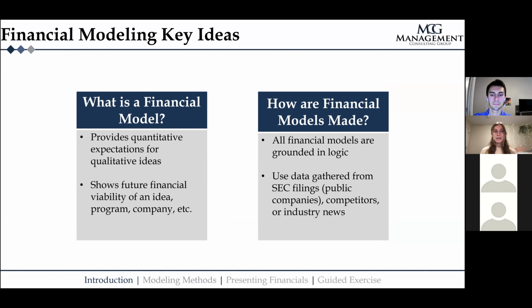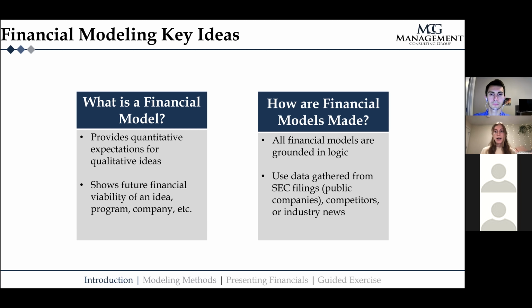Essentially, the reason that we have financial implication slides is because you want to turn qualitative ideas into quantitative expectations. Nothing's meant to be set in stone because obviously none of us are mind readers. You can't make a recommendation and just assume exactly what the numbers are going to be. It's meant to show the future financial viability of your recommendation, showing that you have logic when you make these and that you have actual reasoning and backup for why you think the recommendation will be